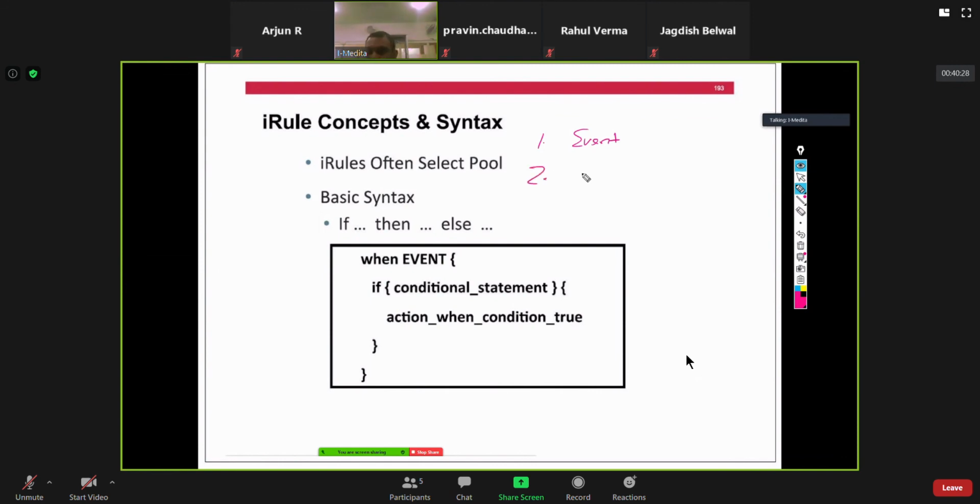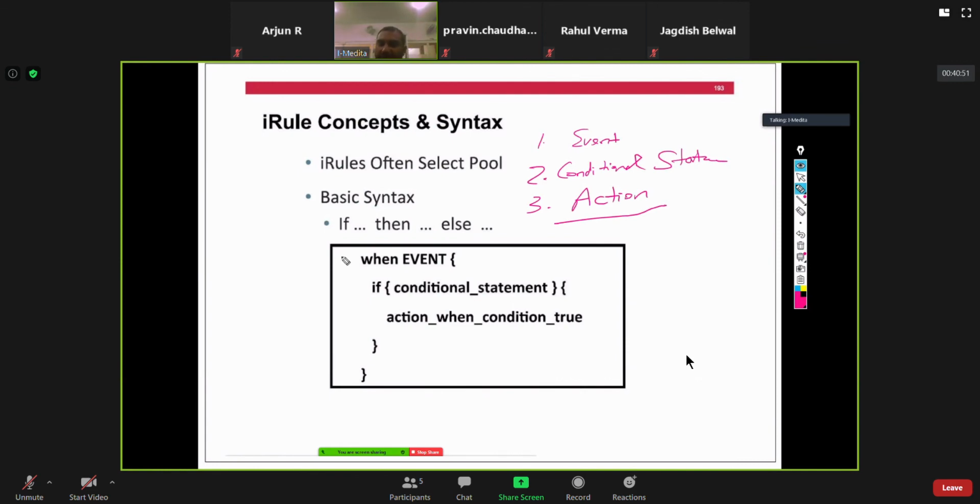Second, you will have to put in your conditional statement. Third, the action. You can even bypass your conditional statement. You can also say, hey, if this event occurs, I will take this action. This is what you are going to perform.